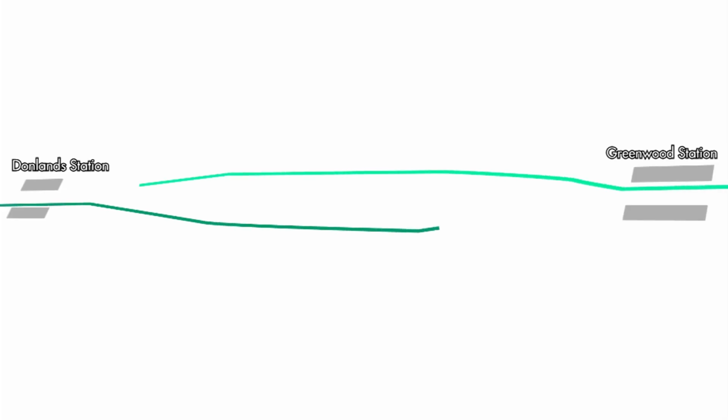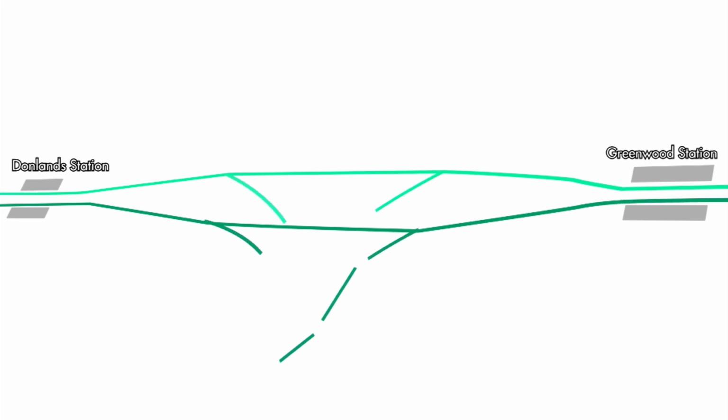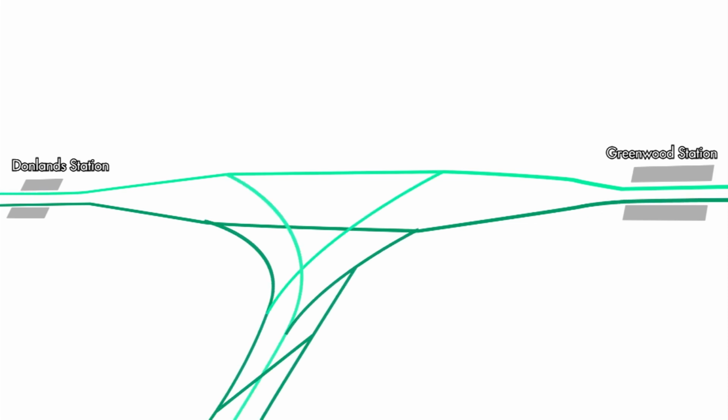Access to the yard would be via a flying way, similar to what exists between St. George and Bay, but this time between Greenwood and Donland stations. This was done to allow trains to enter and exit service from either direction without disrupting service on the other